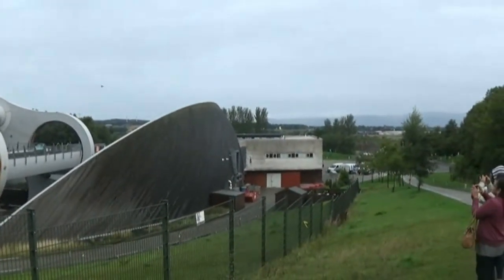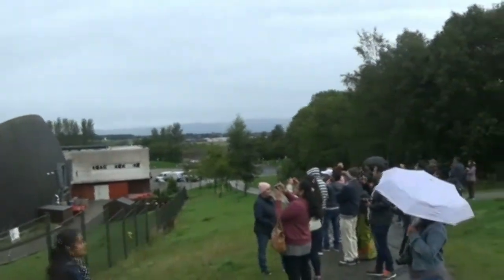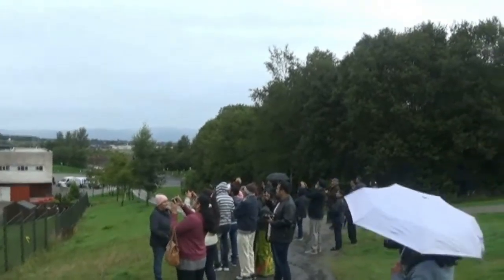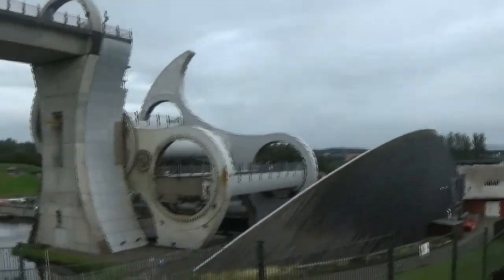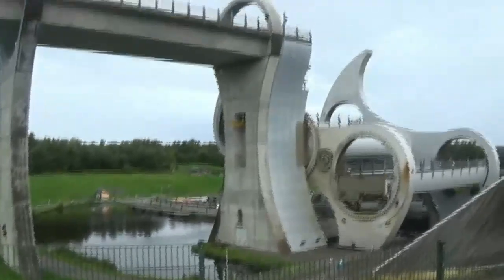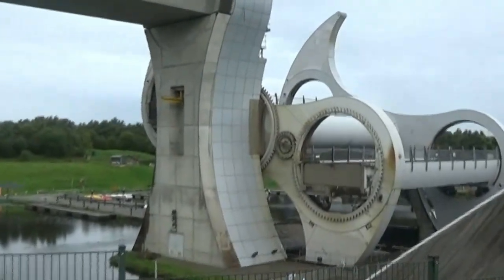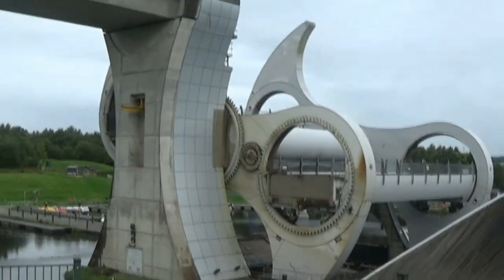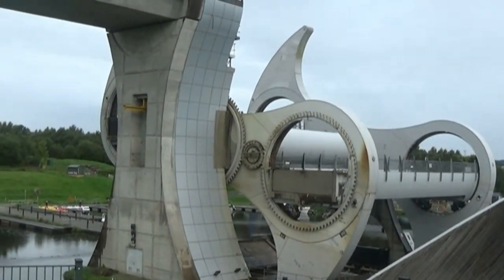The plan to regenerate central Scotland's canals and reconnect Glasgow with Edinburgh was led by British Waterways with support and funding from seven local authorities, the Scottish Enterprise Network, the European Regional Development Fund, and the Millennium Commission. Planners decided early to create a dramatic 21st-century landmark structure to reconnect the canals, instead of simply recreating the historic